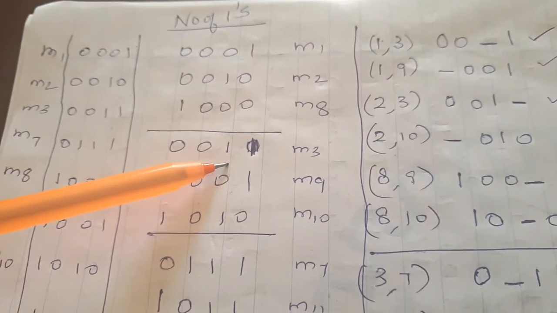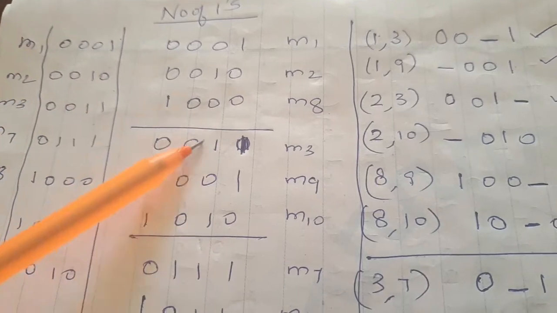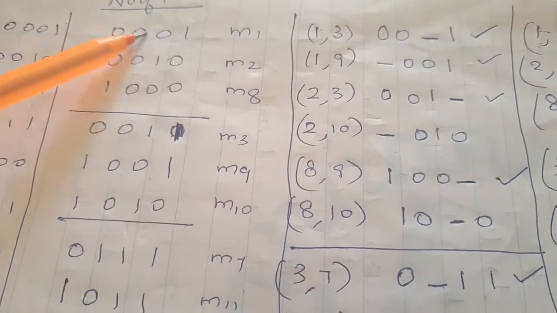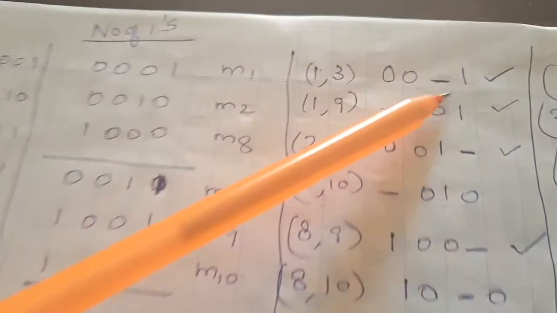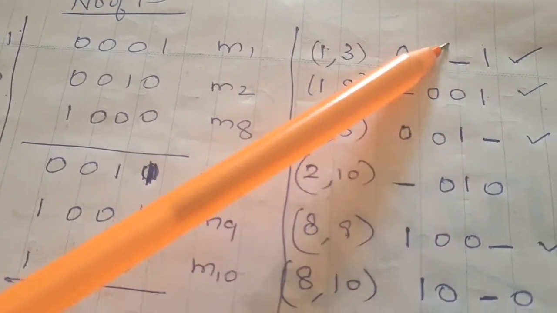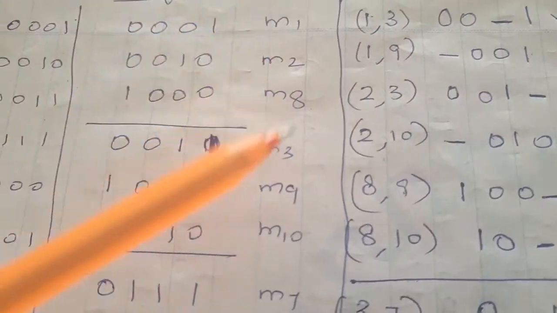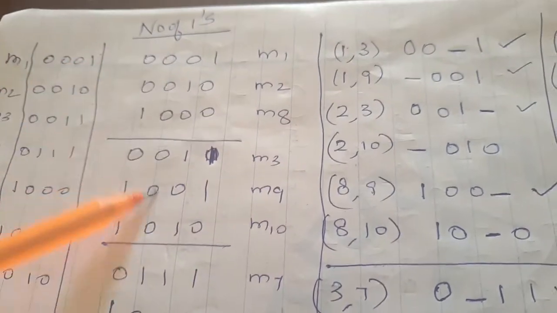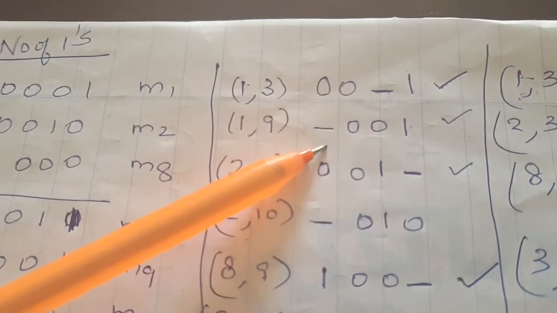Wherever you have an input change, you underline it with a dash segment. So now I am going to write down 1, 3, 0, 0, hyphen dash 1. So the changing value between the 1 and 3 is being represented as dash. Now come for 1, 9. You have 1, 1, 0, 0. First one is changed. Therefore, you have a hyphen in the first.